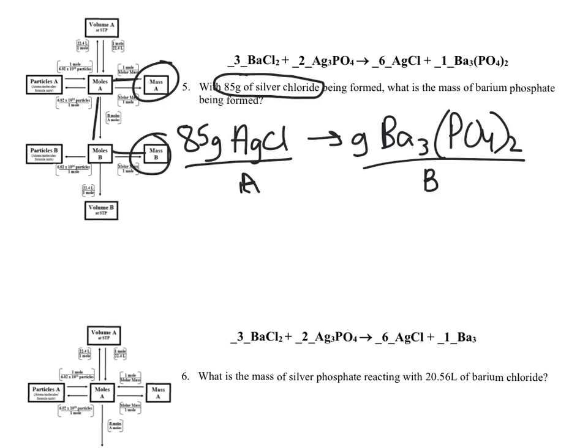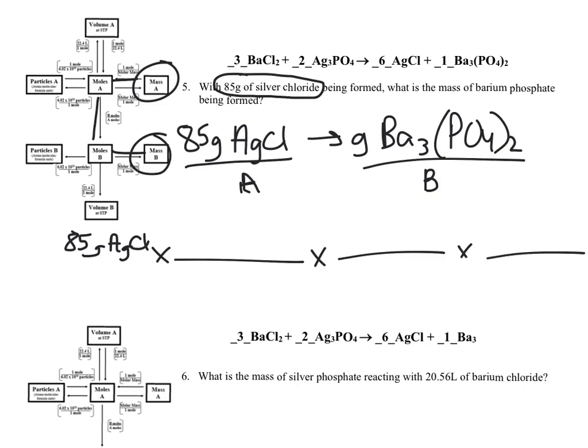Okay, since it's going to be from mass of A to mass of B, this is going to be a 3-step problem, but we've done this many times before. So let's get to it. 1, 2, 3. All right, first, if I want to go from mass of A to moles of A, I